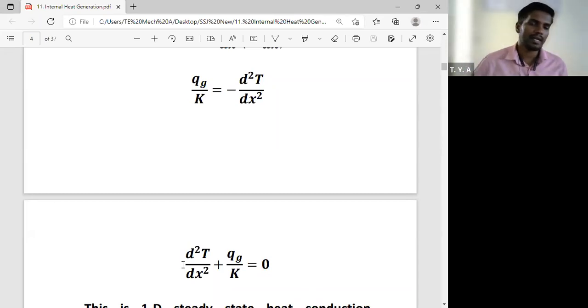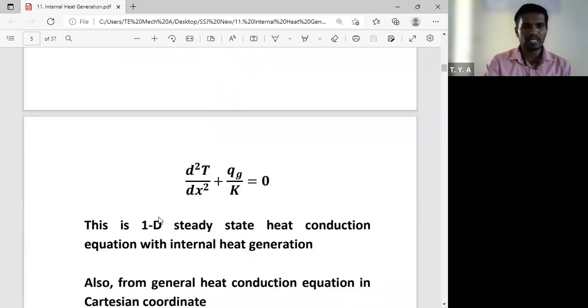त्याच्यामध्ये आपण बघितलेलं आहे, त्याच्यामध्ये आपण वेगवेगळ्या कंडिशन कन्सिडर केलेल्या होत्या. Okay, if qg is equal to 0, if steady state is there. Okay, so according to that we have written the equation. So we got the equation as a one dimensional steady state heat conduction equation with internal heat generation. Okay, steady state condition असताना आणि internal heat generation असताना अशी पण केस आपण कन्सिडर केली. So at that time we get this same equation.